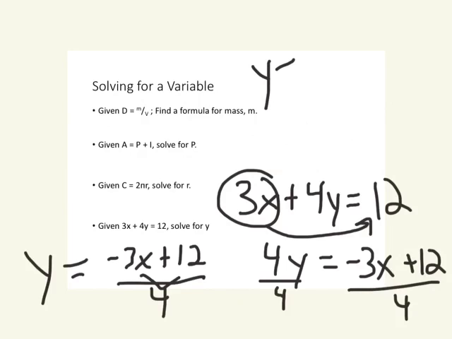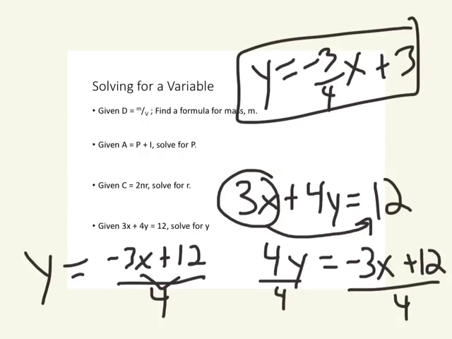And I'll go ahead and rewrite this up top on the screen here, but I could rewrite that as negative 3/4 x plus 3, because 3 divided by 4 is just 3/4, and 12 divided by 4 is 3. So I could write it like that as a final answer. That would be totally simplified. So, ladies and gentlemen, those are some additional examples of solving literal equations. Remember, when you're solving literal equations, you're just taking it and rewriting it in a new form where the desired